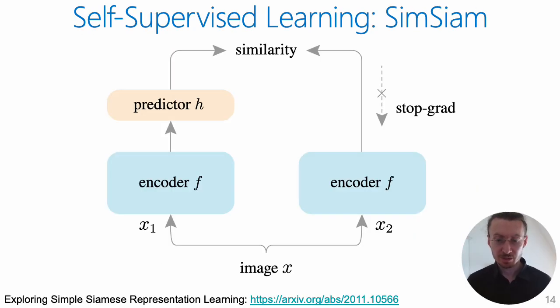SimSiam is another Siamese network architecture that utilizes contrastive learning like SimCLR, but simplifies the training process and architecture. In SimCLR, negative samples are needed during training to prevent the model from collapsing to a trivial solution, that is, to output the same representation for all inputs. And the authors of SimSiam show that negative samples are not necessary. You can just train the encoder without them. And the collapse can be avoided by applying the projection head to only one of the encoders in alternation and preventing the gradient from propagating through the other encoder during training.